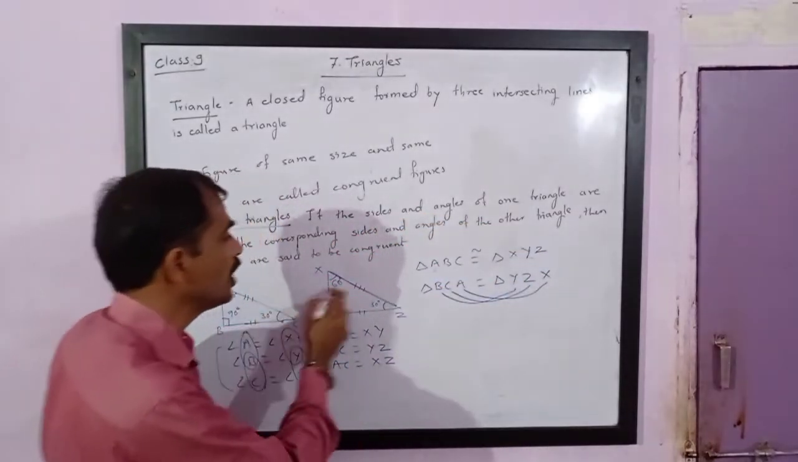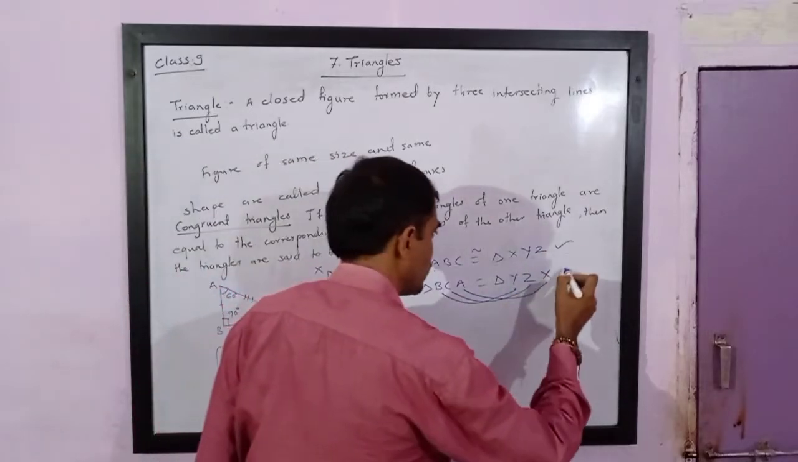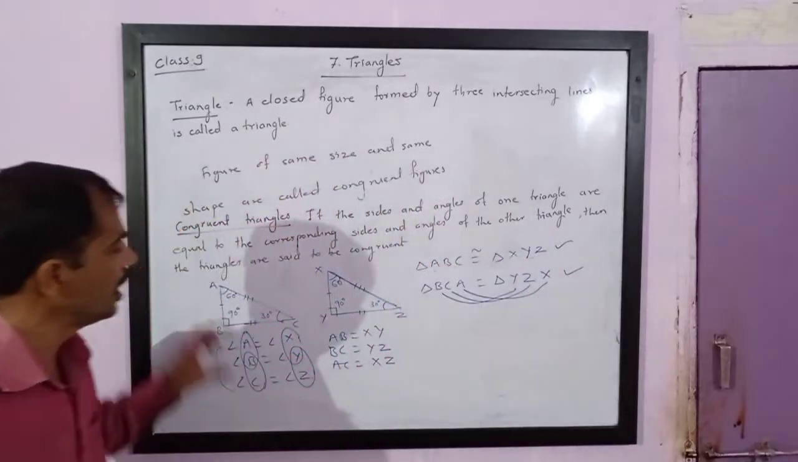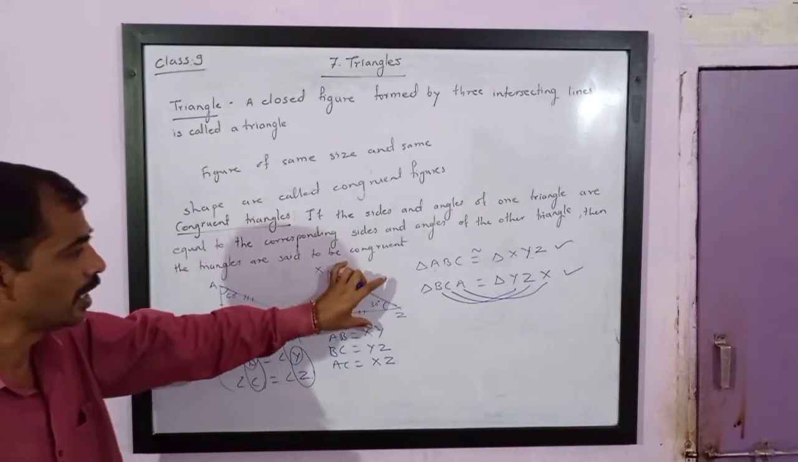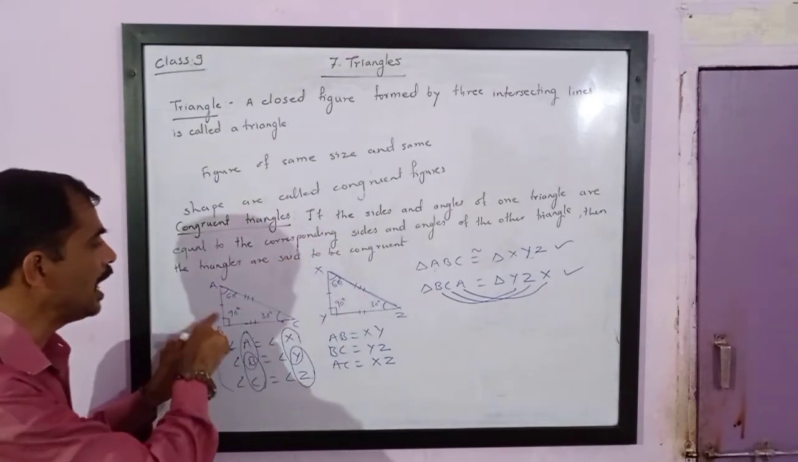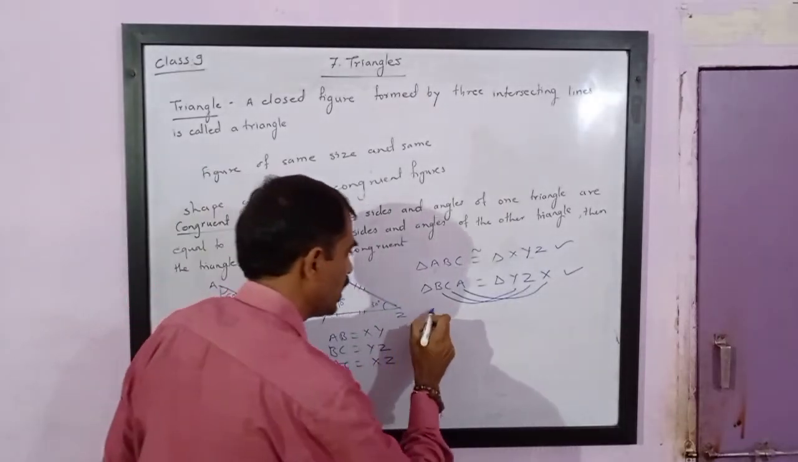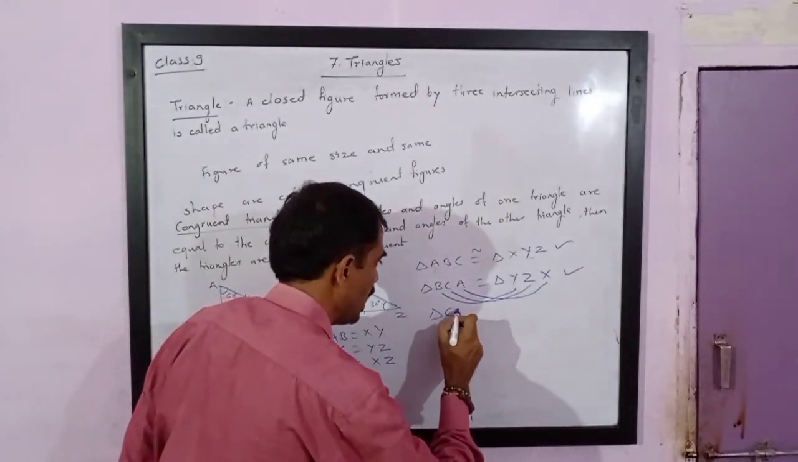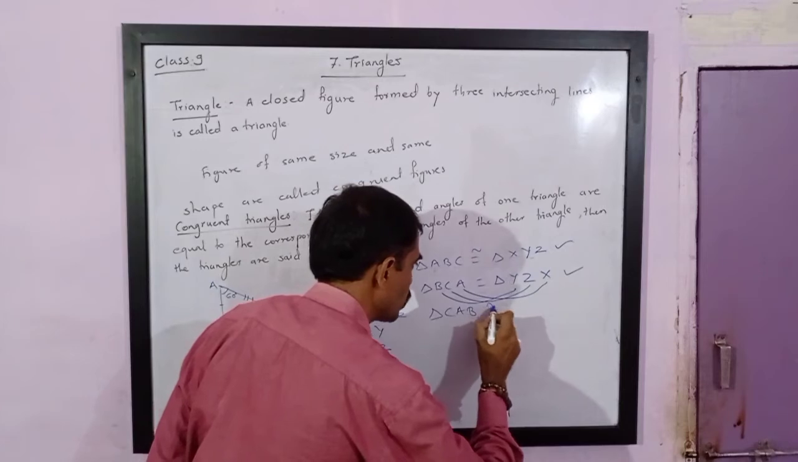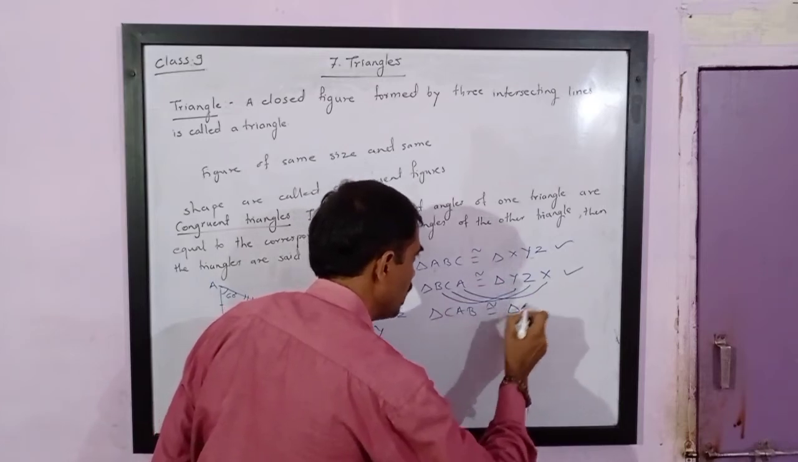So, the same figure can be written in different ways. Both answers are correct here. Angle ABC is congruent to angle XYZ. Angle BCA is congruent to angle YZX. Now, this can be written in another way also. Angle CAB is congruent to angle